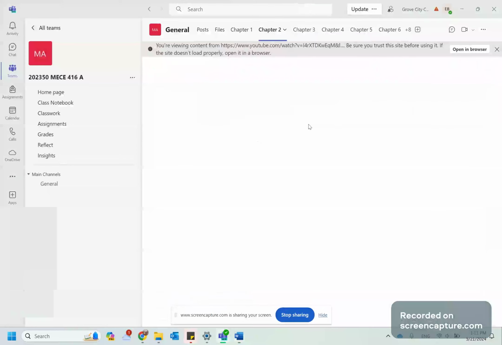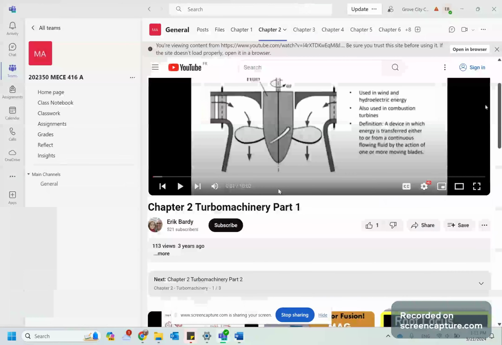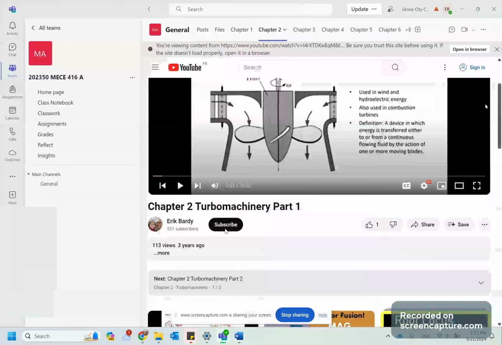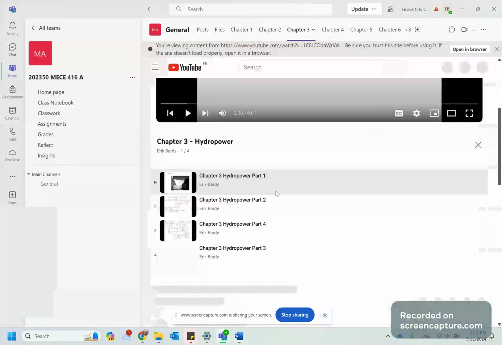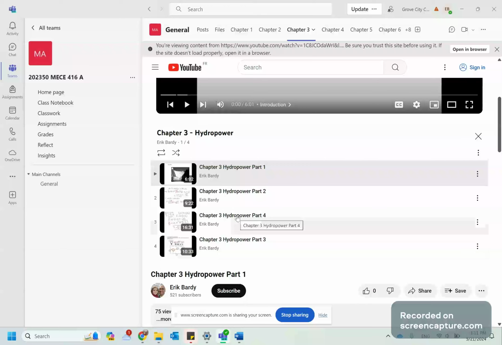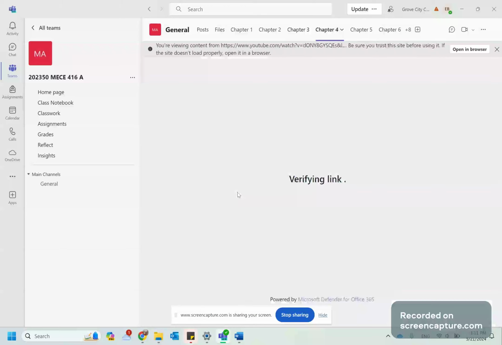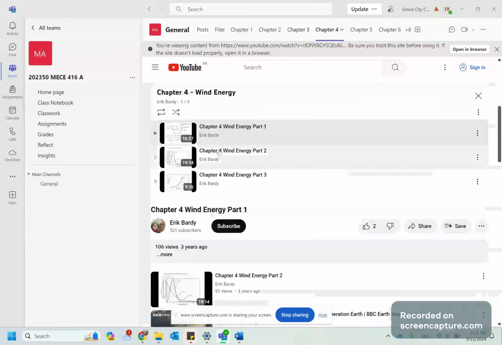Each chapter has its own tab and has a playlist, and what you have is access to all of the videos in the playlist. Normally, if you click on the tab, the first video will automatically be there with access to the other videos underneath the initial video. So, for example, chapter 3 has 4 parts: 1, 2, 3, and 4. Those 4 videos complete the entirety of all of the notes for chapter 3. Chapter 4, you can see that there are 3 videos, so forth and so on. So you can see all the videos here, all the playlists. You can just click on them, watch them at your leisure.